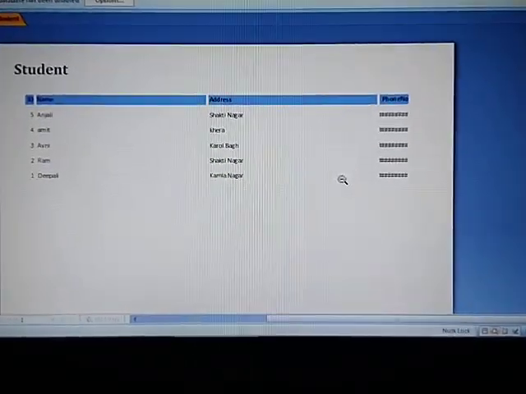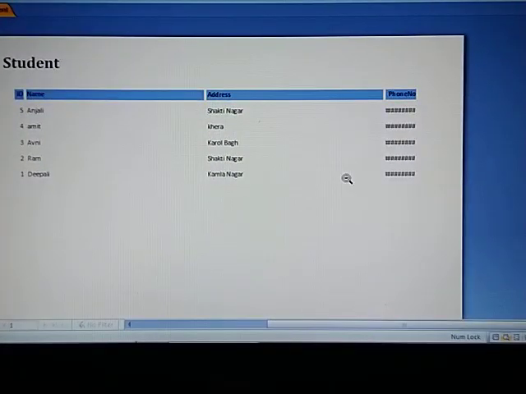I am going to zoom in so all of you are able to see the records. Just observe the ID, students. The ID over here is 54321, which is in descending order. So it is clear to all how to create a report using the report wizard.